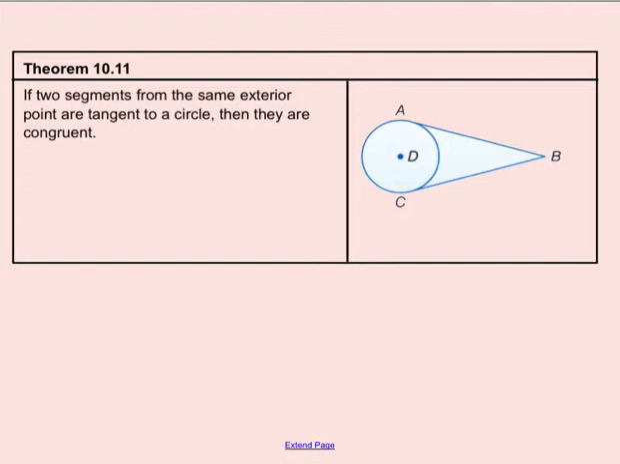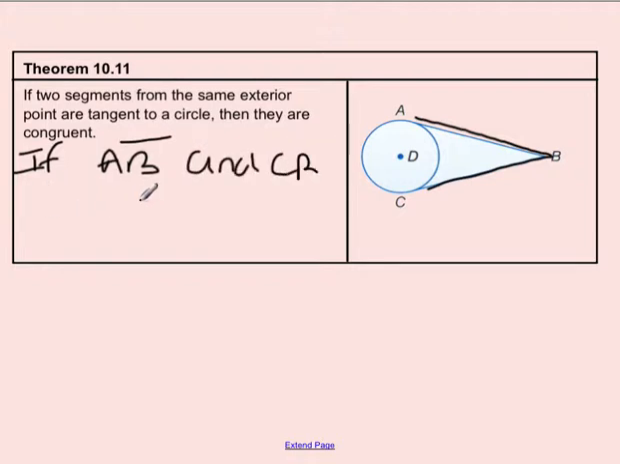If two segments from the same exterior point are tangent to a circle, then they are congruent. Okay, so if they're tangent to the same circle and the same exterior point, so if AB is tangent, so if these two lines are both tangent, so let's write that. If the line segment AB and the line segment CB are both tangent,